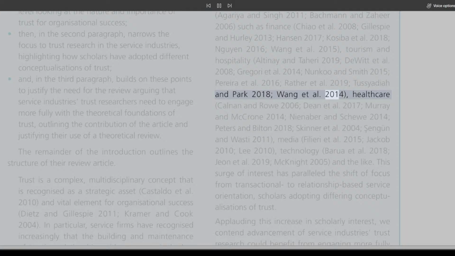This surge of interest has paralleled the shift of focus from transactional to relationship-based service orientation, with scholars adopting different conceptualizations of trust. Applauding this increase in scholarly interest, we contend that advancement of service industries trust research could benefit from engaging more fully with the theoretical foundations of trust, exploring cross-disciplinary debates, and considering associated questions. Our contribution is therefore to review the fundamental trust theories while synthesizing service industries and management literatures on trust, the purpose being to provide a foundation for service industry scholars alongside service firms and their representatives